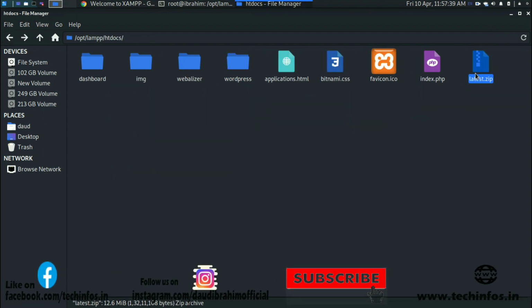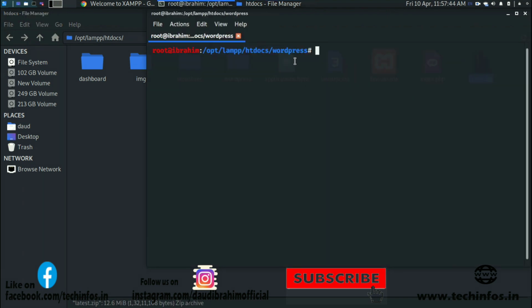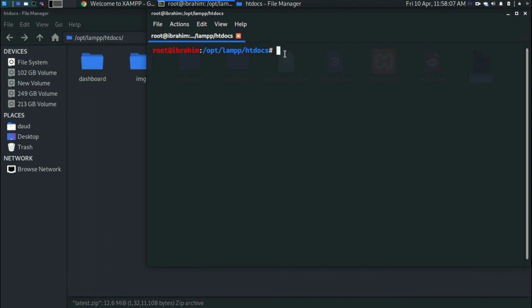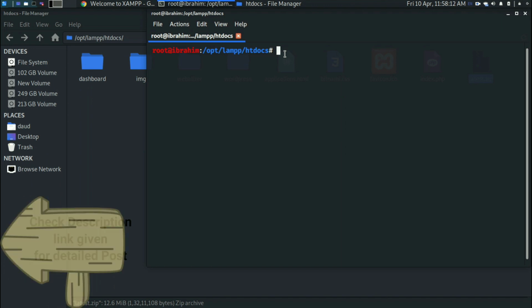So what you need to do is just download the latest zip file of WordPress. How can you download this? Just follow me. Let's go back one step. In the opt lamp htdocs folder, which is like your public HTML in cPanel, you will get public HTML where your actual website will be installed. So here you need to